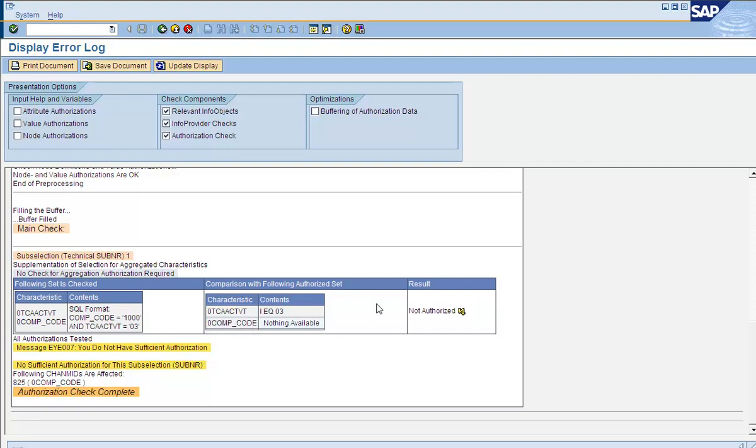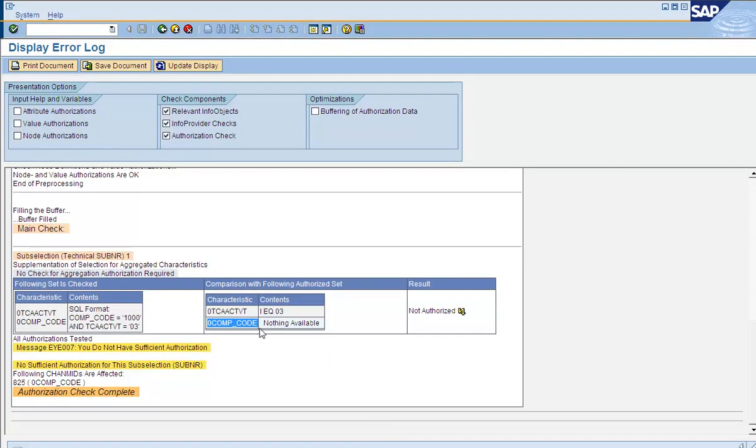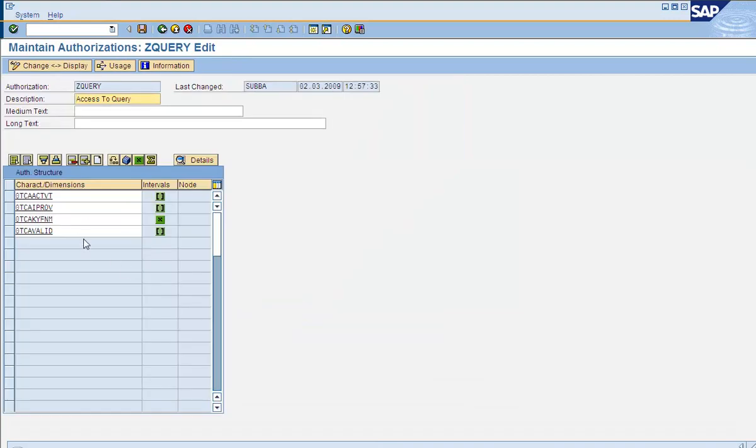So depending on what you see here in this section box, whatever field has not been authorized, you have to ensure that you have those authorizations in the analysis authorization. So 0_comp doesn't exist here. There's nothing available for 0_comp.